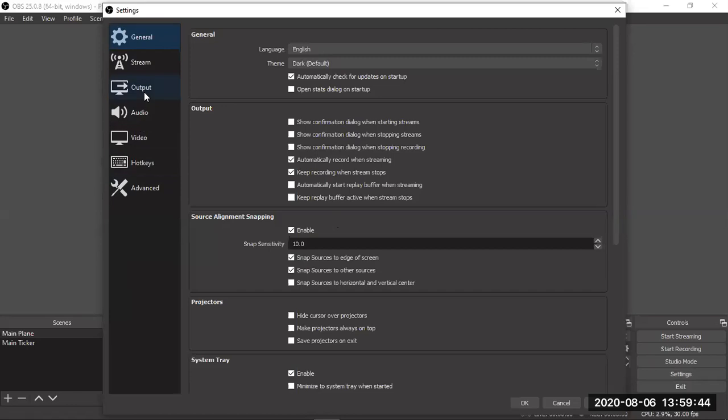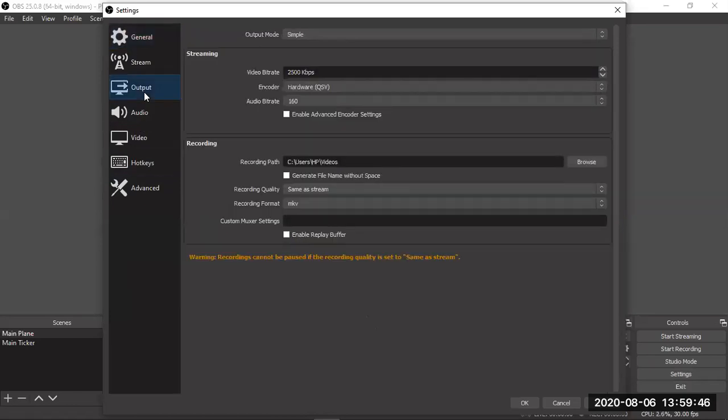I'm clicking on output. See, this is the path we need to note, where the video is getting recorded. C:\Users\HP\Videos, that is your videos folder. In the videos folder, your file will be recorded automatically. Just give OK.